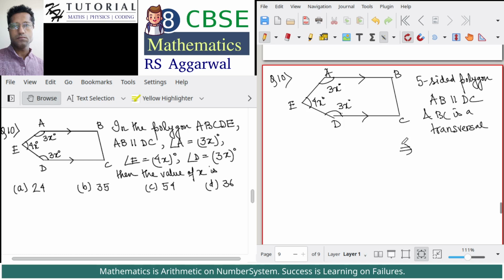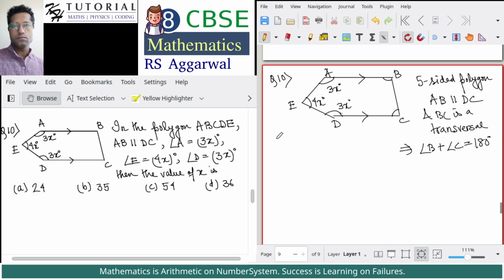This will imply that this angle and this angle are supplementary. That is, angle B and angle C are co-interior angles. We will have angle B plus angle C is equal to 180 degrees. Okay. Also we